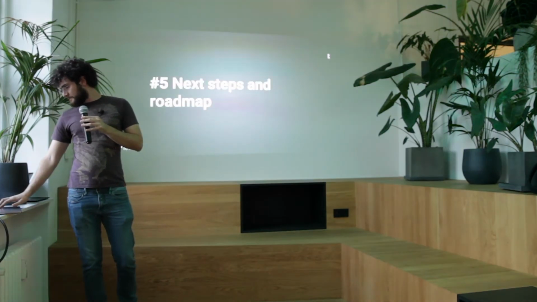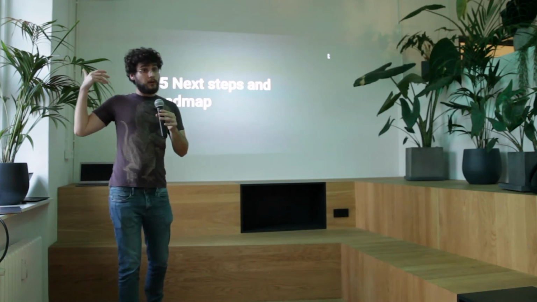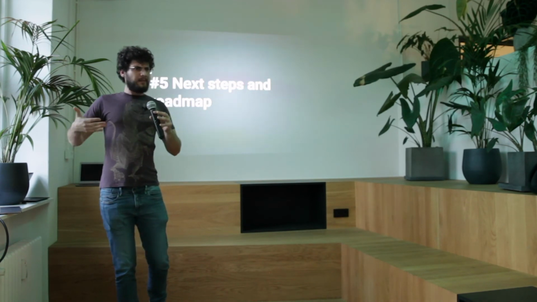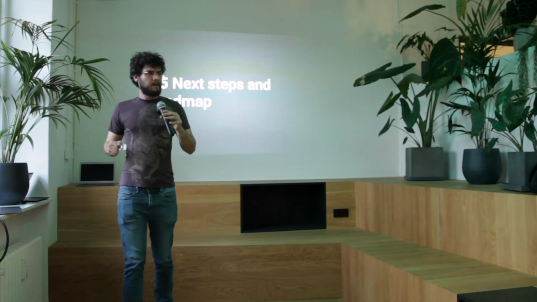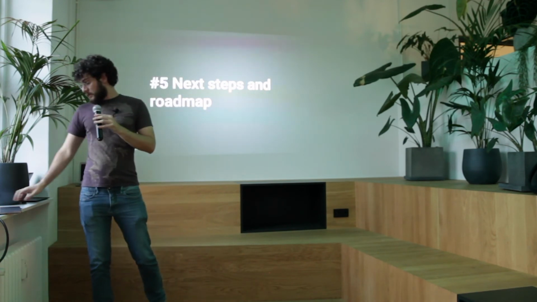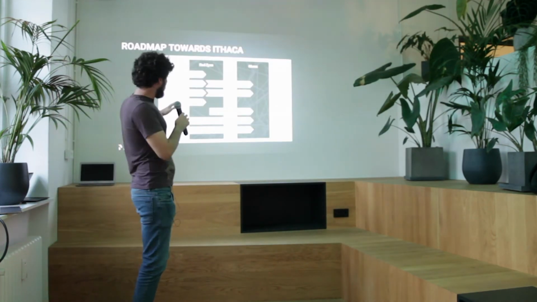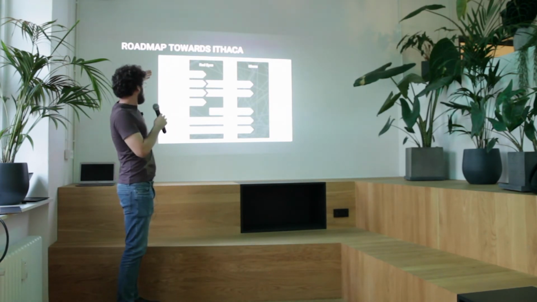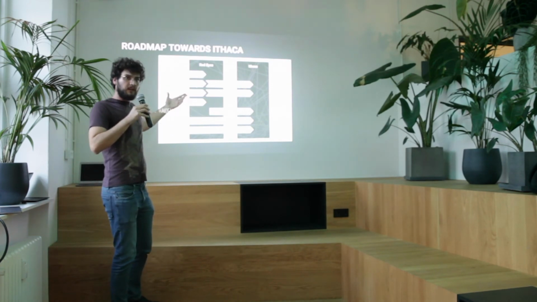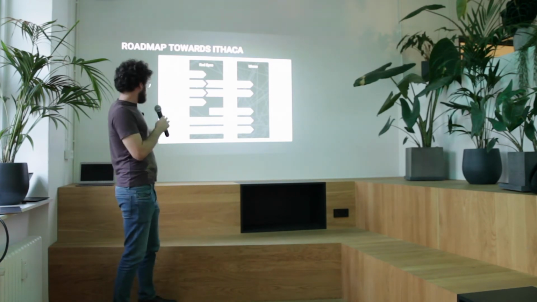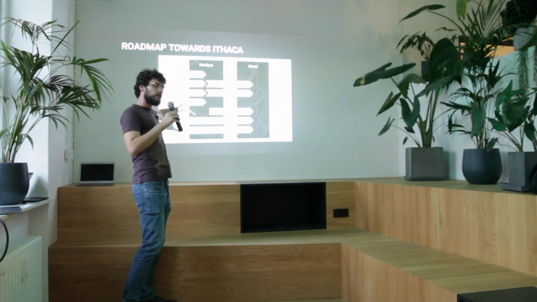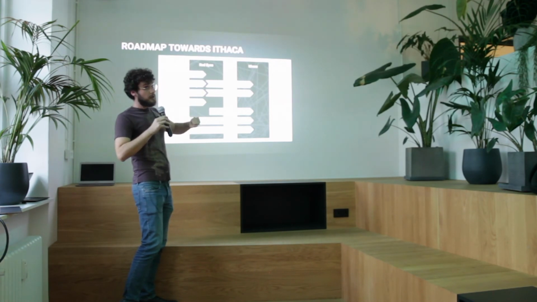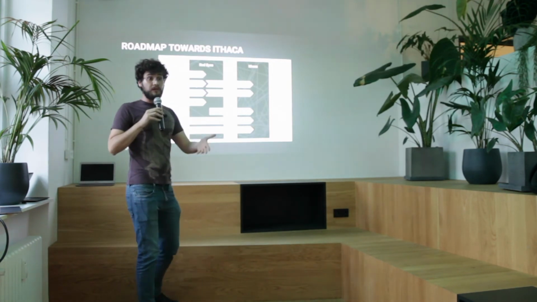So what are the next steps? This is what we have working. Pretty much all the protocol layers are working. Right now we are only spending time testing and making sure that we don't have any serious bugs in the testnet before we go to the mainnet. Right now we are in the Red Eyes release, our current milestone. We have here the four biggest features that are implemented on the left, and we are testing them. During Red Eyes, we are making sure that the software is safe so that we can go to the mainnet. At the end of Red Eyes, we're going to have our first mainnet release.